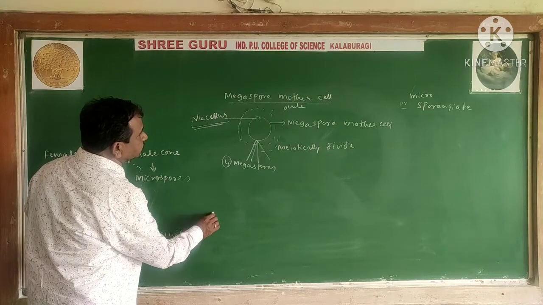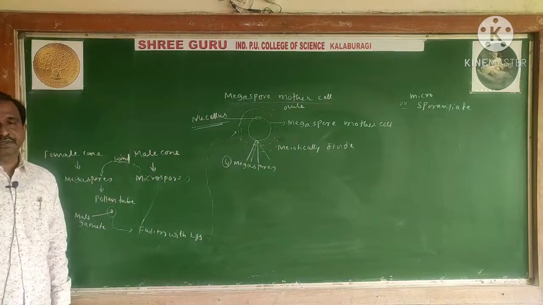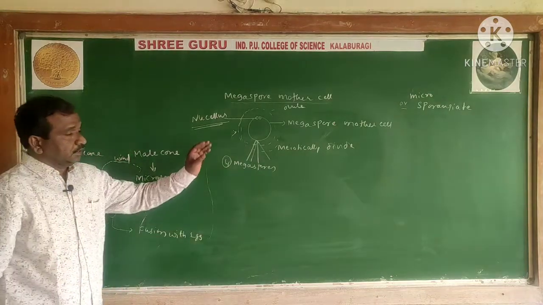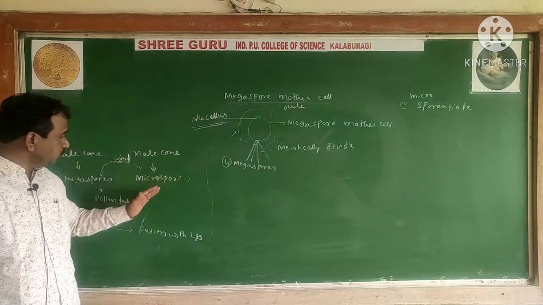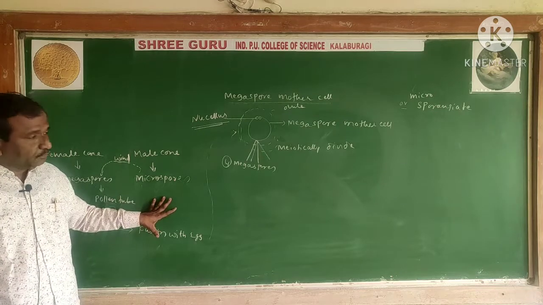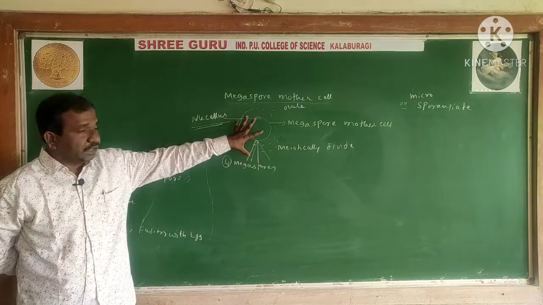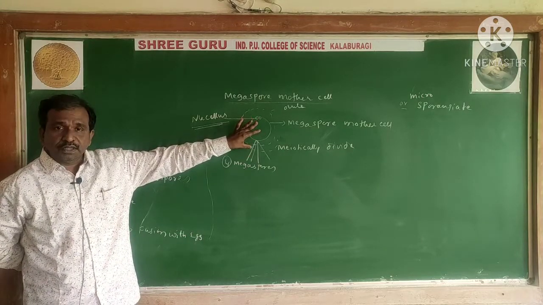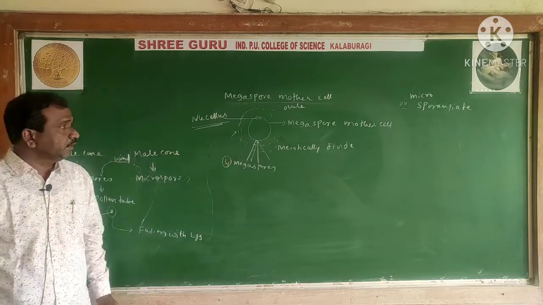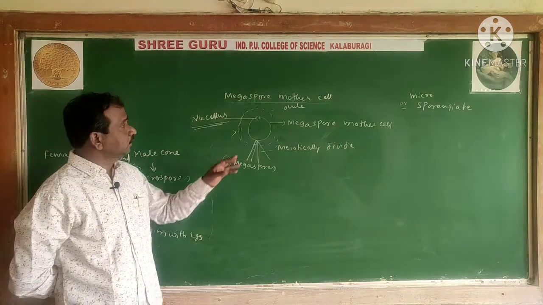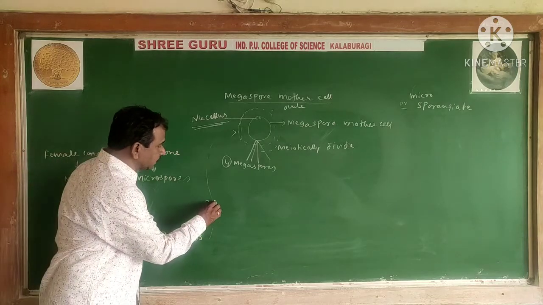Next, you can observe that meiosis occurs and 4 megaspores are released. Ultimately, this is the embryo sac. Then fertilization takes place. After fertilization, the ovules are formed as seed. Now we can observe that the ovules form the seed, and next is embryo formation, the zygote. When the fusion of the egg takes place, it produces the zygote.